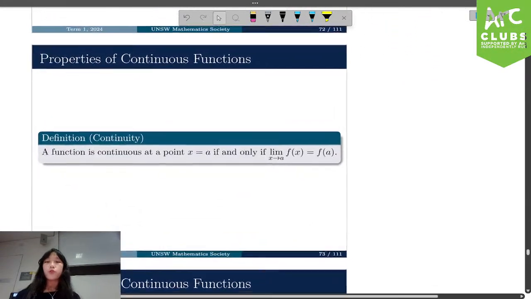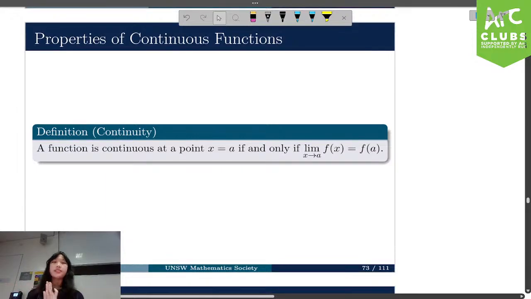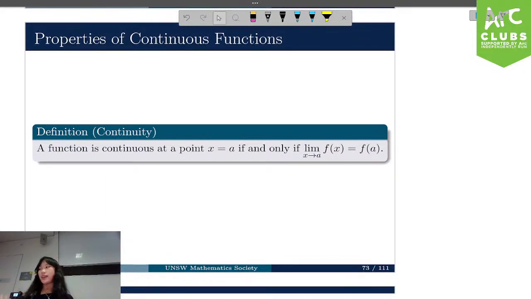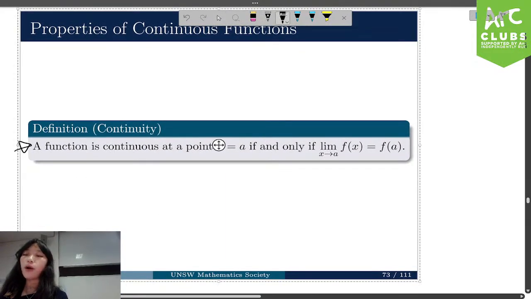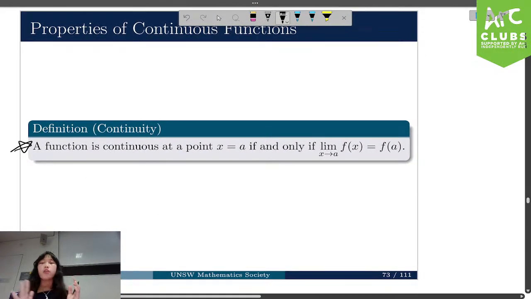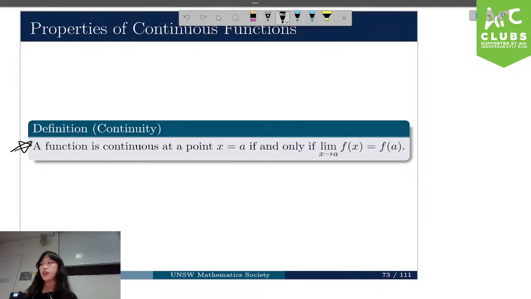We're going to now move on to continuous functions, and the definition that we're encountering with continuous functions is noticeably different to the definition that we come across in high school, which is probably, oh, you can draw the curve without lifting your pen off the page, but this is actually the rigorous and proper definition of continuity. So the definition for continuity is actually derived off of the definition of a limit, or the concept of a limit, and essentially what it means is that